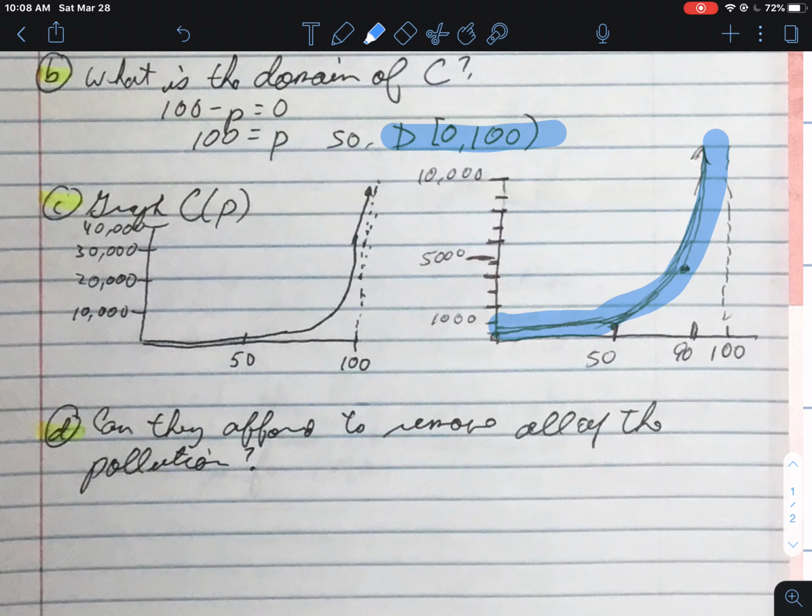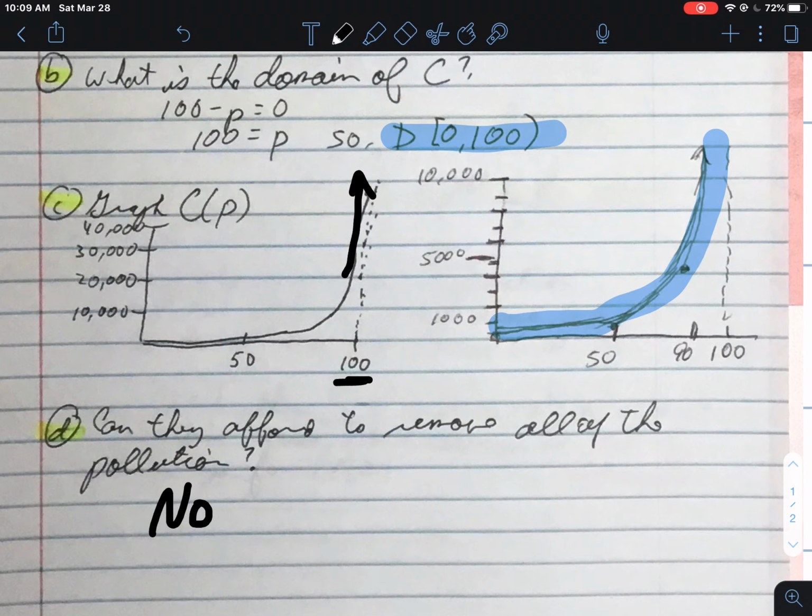So that leads me into the last question, part D. Can they afford to remove all of the pollution from the lake? My answer there should be no. Why? Because remember, the function that we're graphing, C, is the cost of removing the pollutants. As we get closer and closer to 100% of the pollution being removed, what's happening to our cost? Our cost is going off to infinity. So according to this model, they would never be able to remove 100% of the pollutants because the cost is getting